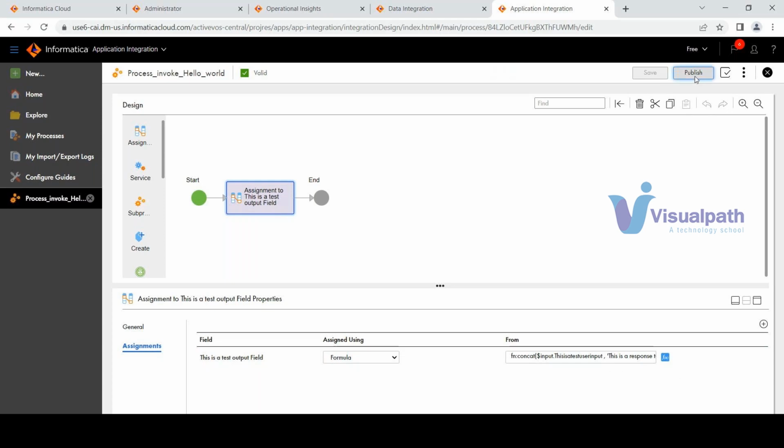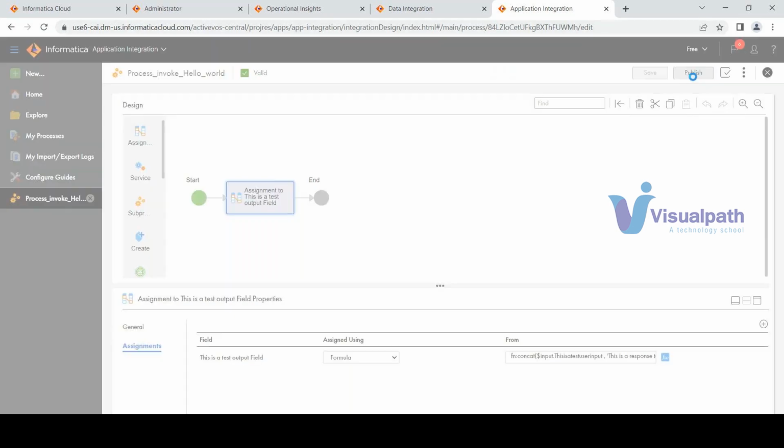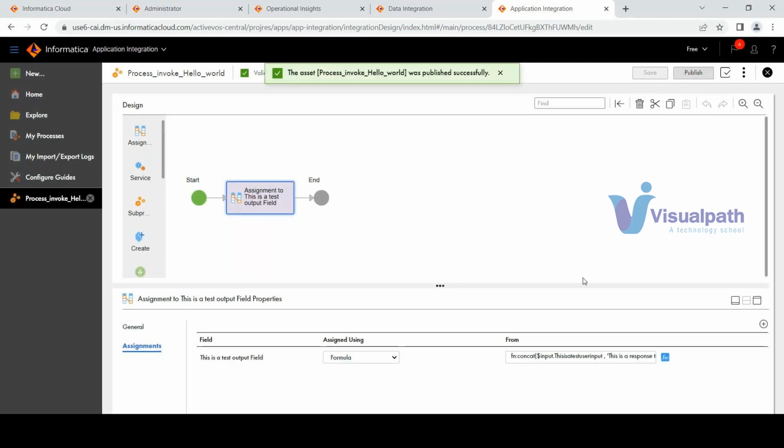Why do I need to click on publish? Because this is called an API, right? This API has to be exposed to the public, right? So I need to click on publish. So it has to be published. And then what I need to do is,